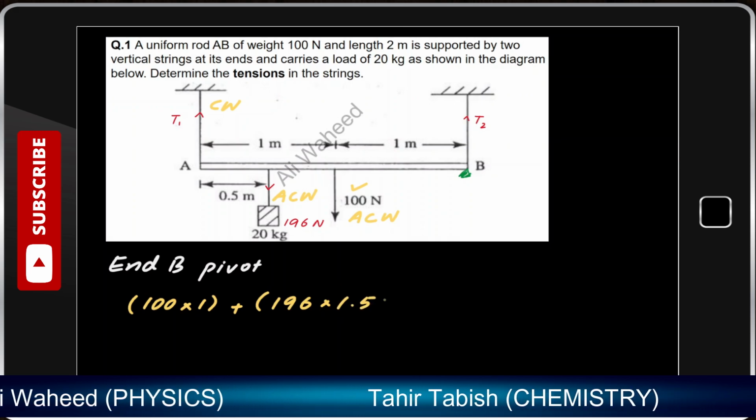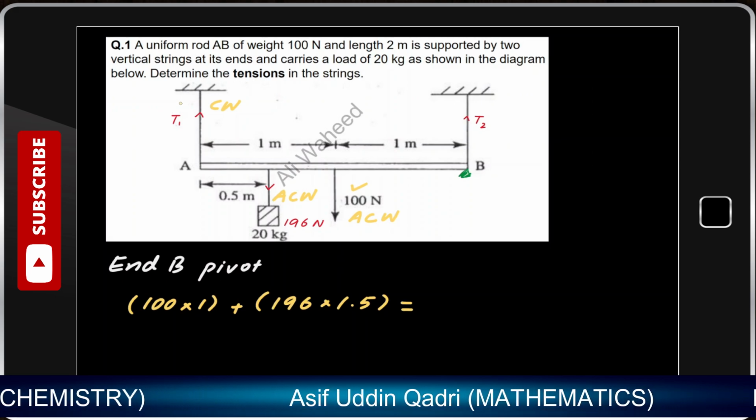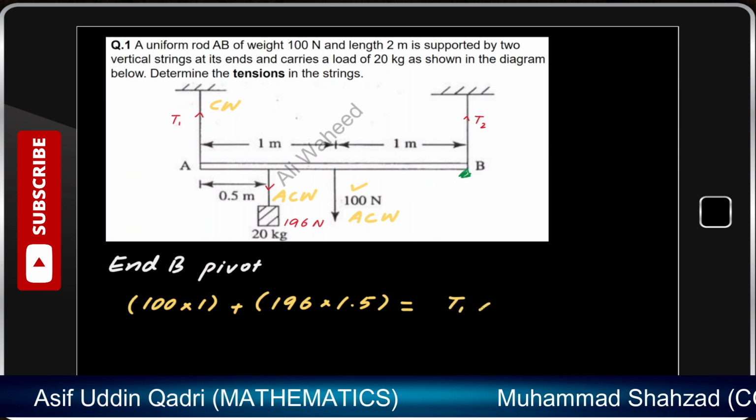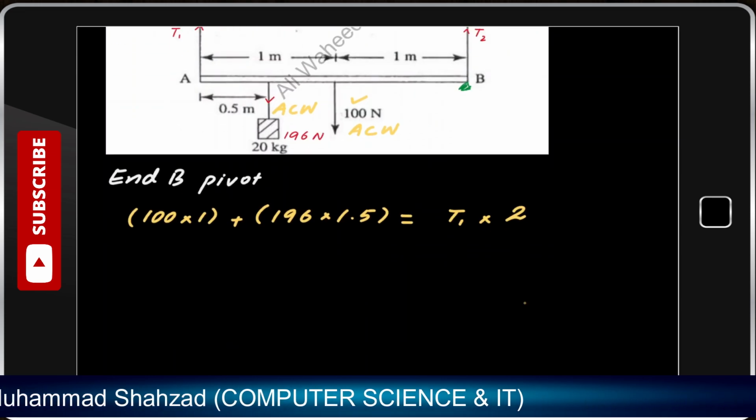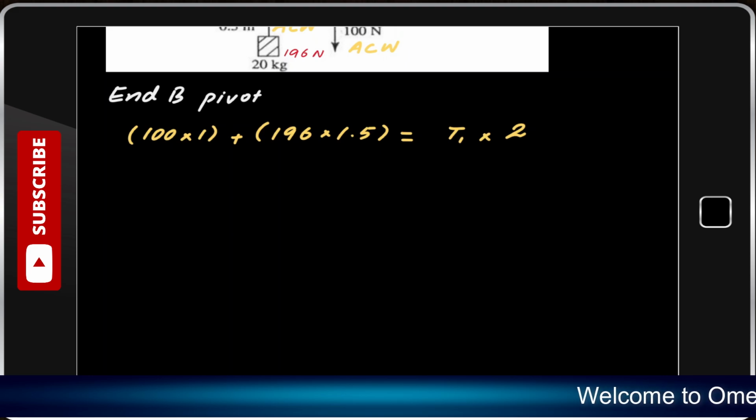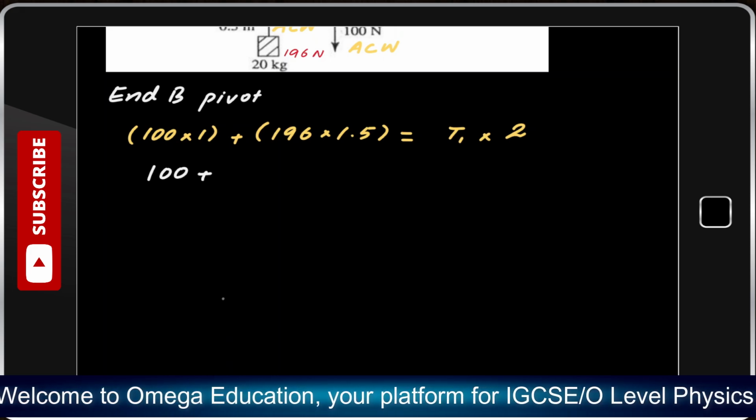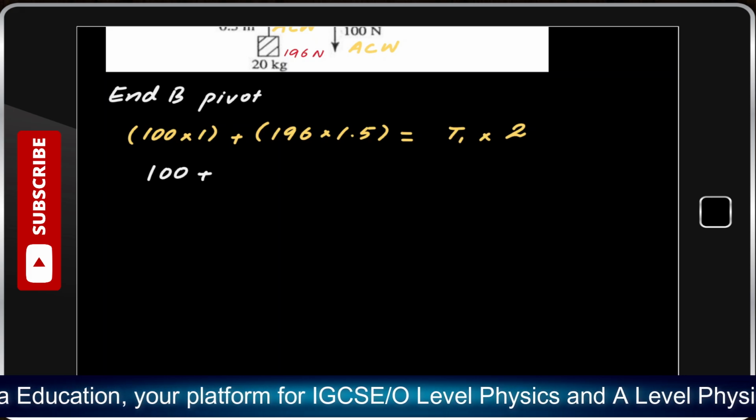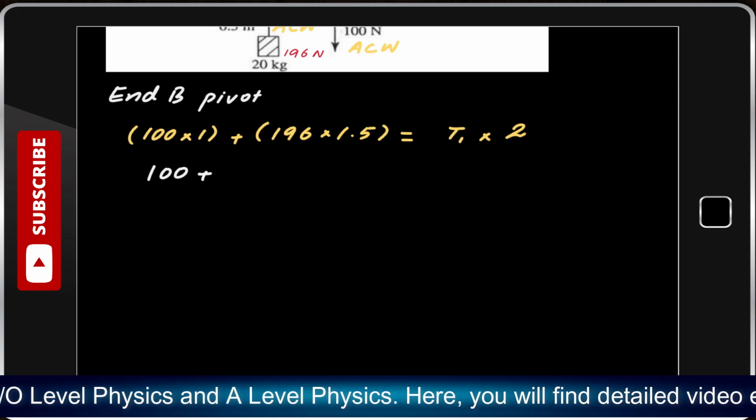So times 1.5 equals, what is the clockwise moment? The clockwise force is T1. So it will be T1 times the perpendicular distance of that force from the pivot, which is 2. So T1 times 2. Then you can rearrange the equation and simplify it. So let's do some mathematics here. 100 plus 196 times 1.5, we get 294.3